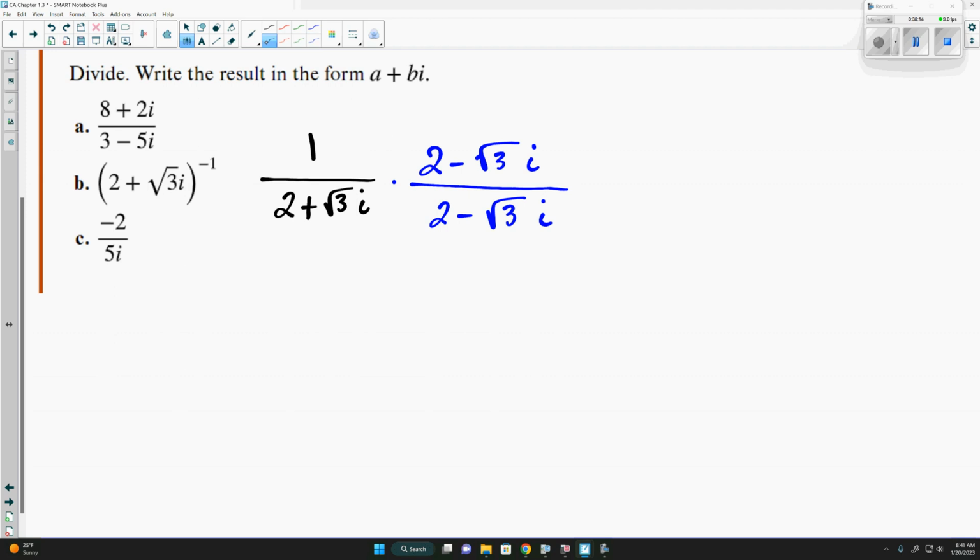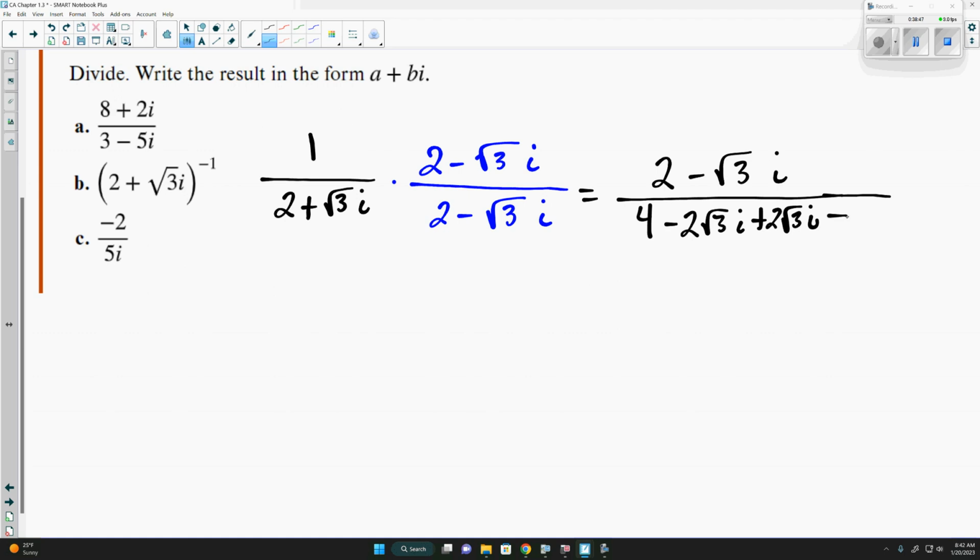Now with this here, the numerator is very nice because we're multiplying it by 1. So we're just saying 1 times 2 minus square root of 3i. It's going to be 2 minus square root of 3i. That's nice, that's easy, it's good to work with. The denominator, we can multiply it out. 2 times 2 is 4, minus 2 square root of 3i, plus 2 square root of 3i,